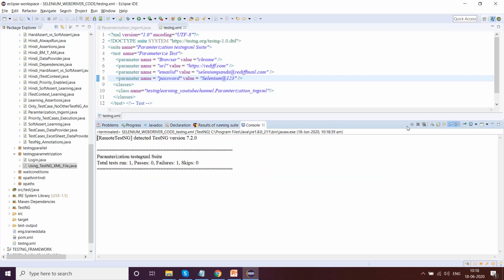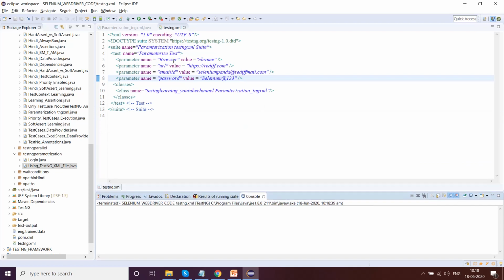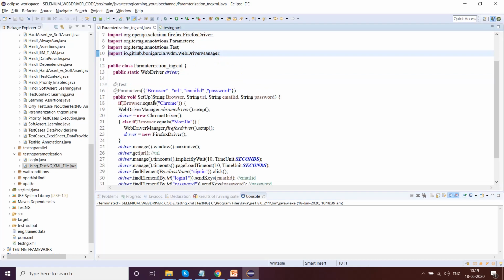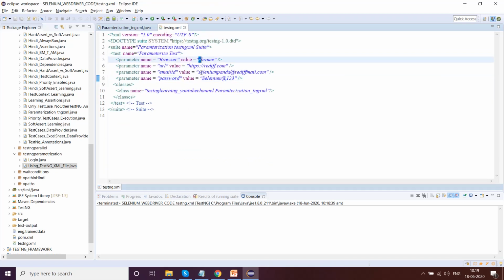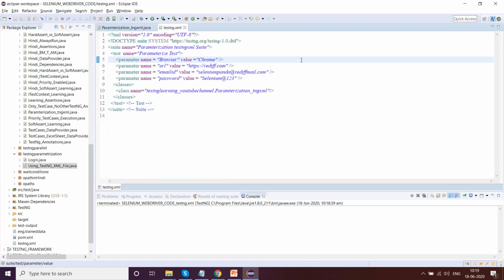So what exactly this means is, we are doing some parameterization wrong here. See, if we compare here and there, for browser dot equals I have written a capital C here, and whatever I passed here is small. So what I'll do is I'll change it here, save it, and keep it this way. So this was the problem which was happening.